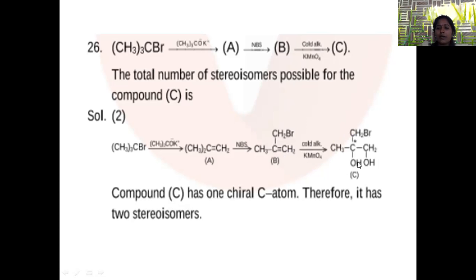When the final product is obtained, we have to identify the number of stereoisomers. In case of this compound, the number of chiral carbons will decide the number of stereoisomers present in the compound. Here one chiral center is there, so we apply the formula 2 to the power n, which is the formula for stereoisomer identification. n stands for the number of chiral centers in the molecule. Here the chiral center is 1, so 2 to the power 1. That is, 2 stereoisomers are possible in case of this reaction.